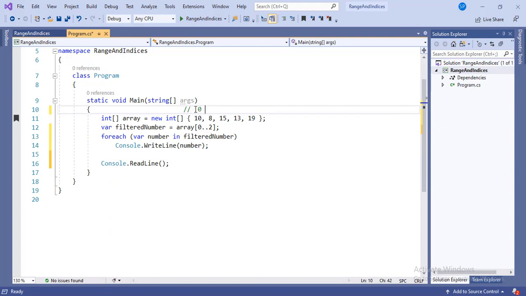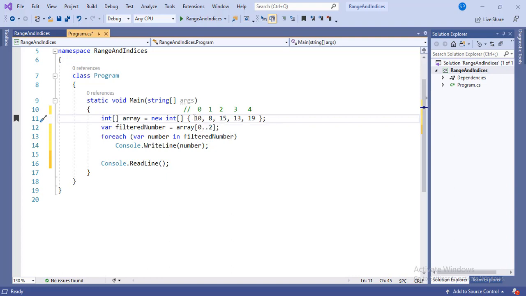At 0 index we have element 10, at first index we have element 8, at second index we have element 15, at third index we have 13, at fourth index we have 19. And we have taken a range from 0 to 2, so we have 10 at 0 index and 8 at first index.